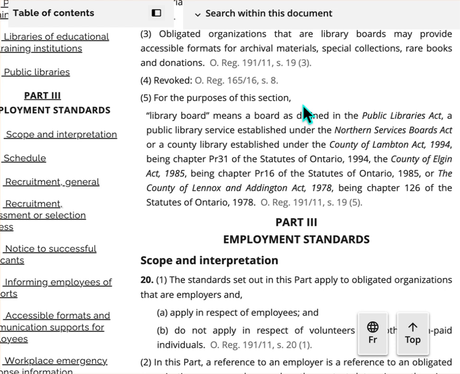Also, there needs to be a review plan every 5 years and a multi-year accessibility plan in place. They also require that you provide all the accessibility documents in other formats and communication supports on request. Okay, so that's pretty much it.